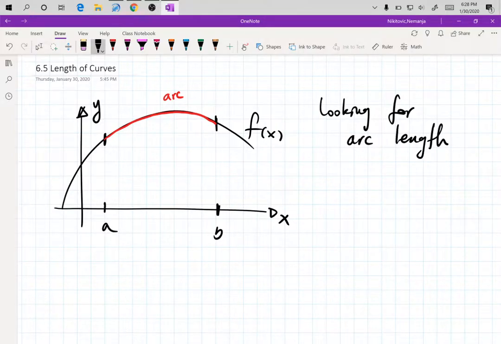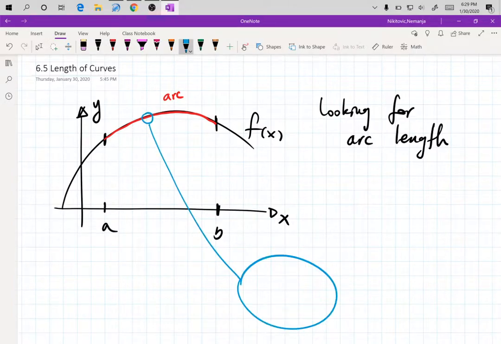Now, as it always goes in calculus, you are going to chop this up into infinitely many, infinitely thin pieces, and then you are going to observe one of those infinitely small pieces. So I'm going to take the little part over here and blow it up here to see